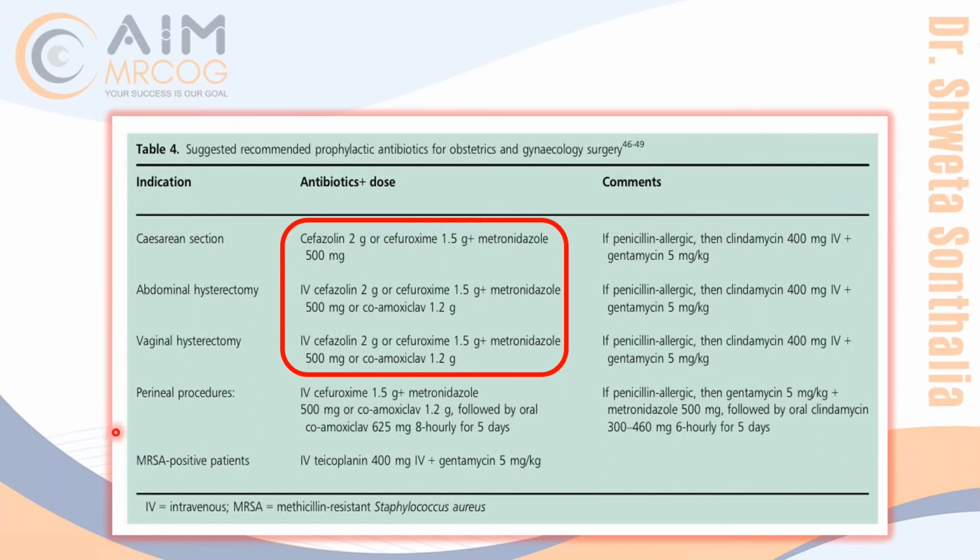Now, if the patient is MRSA positive, what will you give? You will give teicoplanin or vancomycin. These are the drugs for MRSA. We will be revising all these antibiotics for MRSA in the sepsis guideline, so don't worry about that. But these things are really a boon, because earlier we used to search on the NHS site, here and there, and local hospital protocols, but thankfully they have given it in TOG now, so we know what to write in the exam. So penicillin allergy, Clinda plus Genta, and all these things are really important.